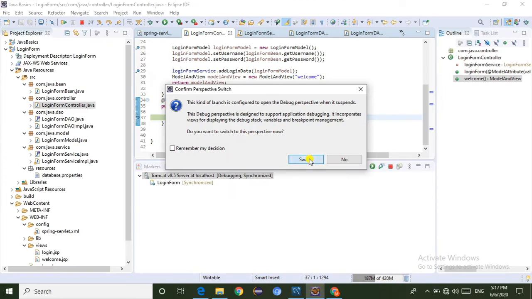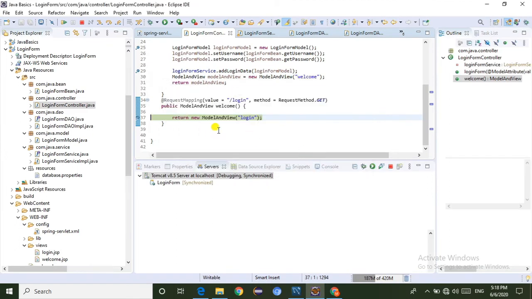So we are getting the landing page. Whenever I click this login button, we are redirected, and it will start in debug mode.